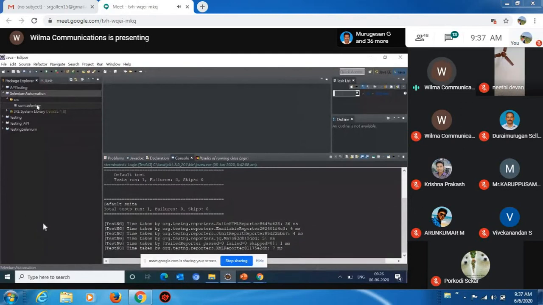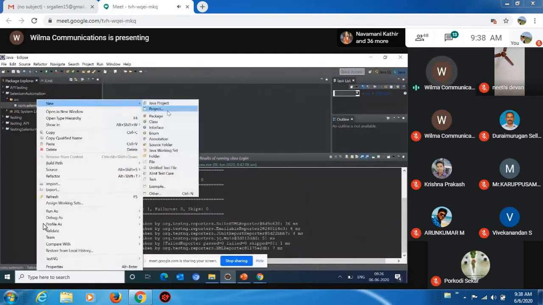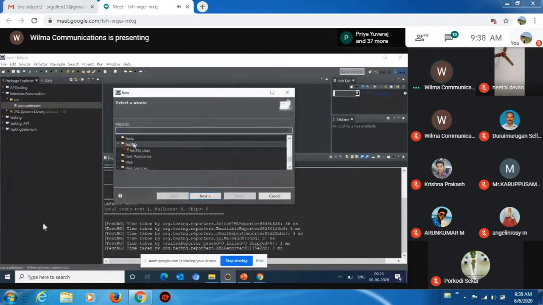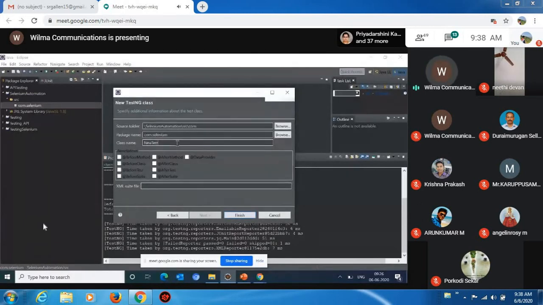I'll go for package, new, and here we can see class. This is basically a pure Java class, but we are not working on a Java project. We are going to create a TestNG framework. That means we have to create a TestNG class, not a Java class. So I'll go to Other, and here you can see TestNG class. I'll select TestNG class and give the class name as login